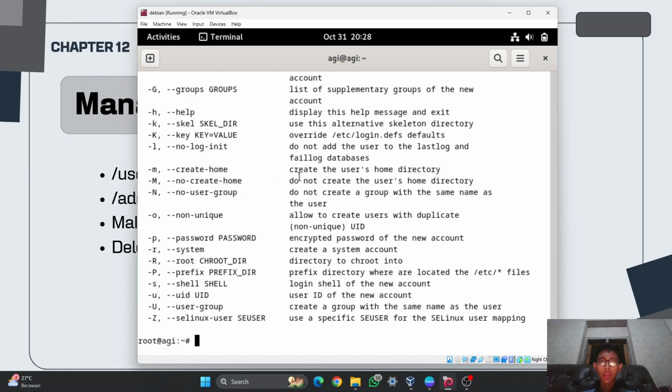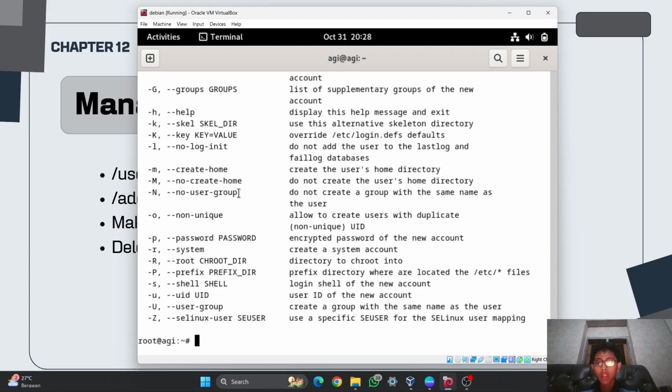and I will use -m because I want to create the user's home directory. Before, I have not used this one, so the user was only added but not with the home directory.